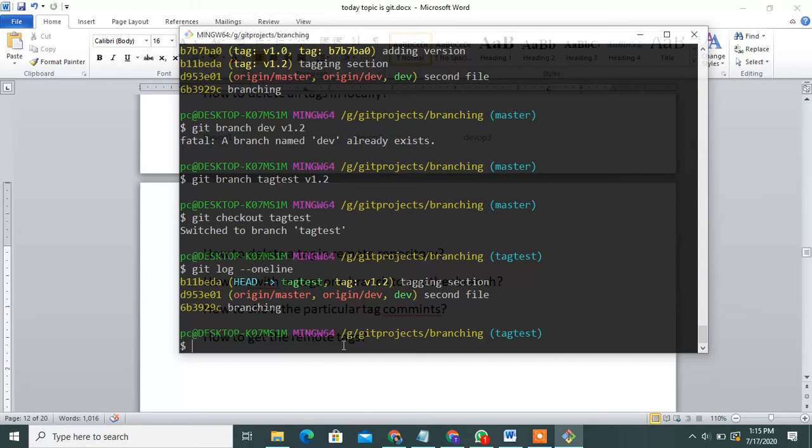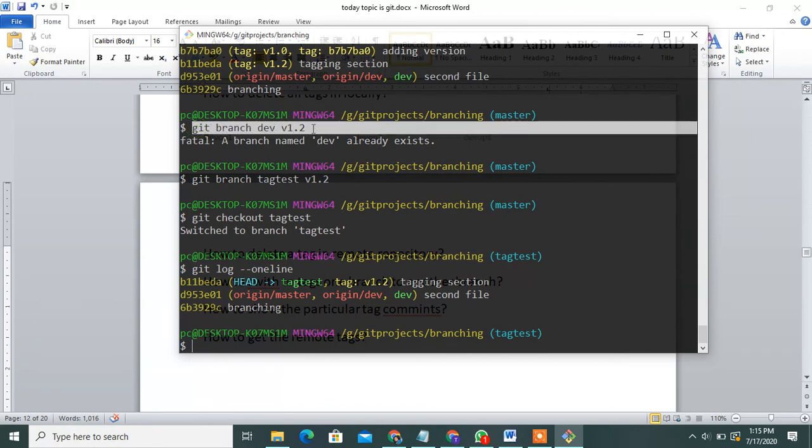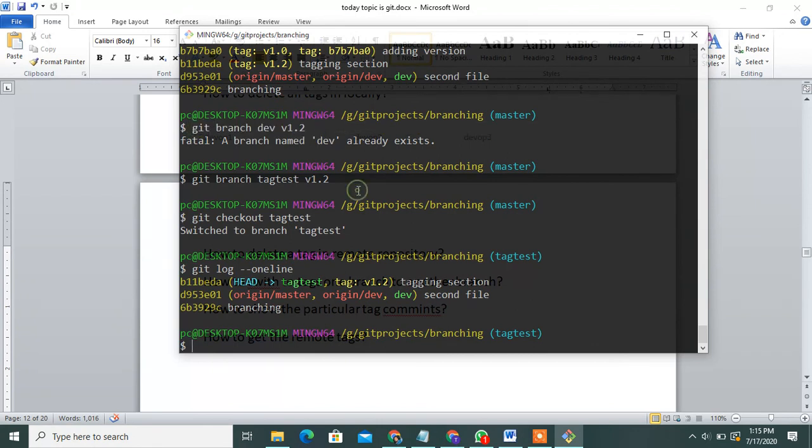You can also create the branch this way. First add the particular commit ID to your tag name, then check the number of commit IDs, and mention the particular commit ID.